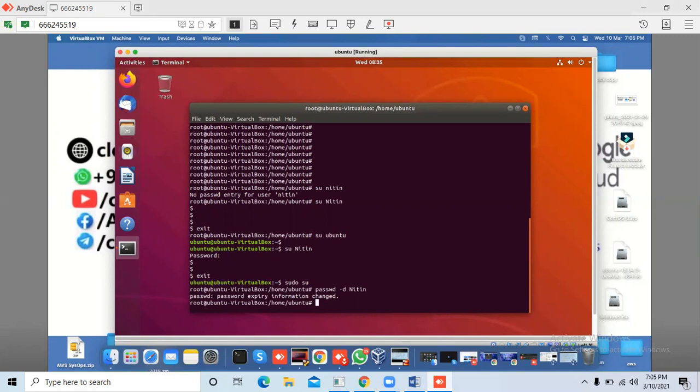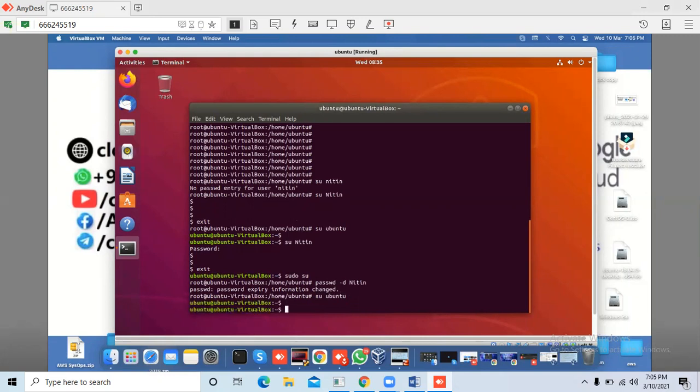So let's see if it's asking me for the password or not. su ubuntu, hit enter. Let's log into Nitin. Previously, when I switched to the Nitin user, it asked me for the password, and right now it is not asking for the password.